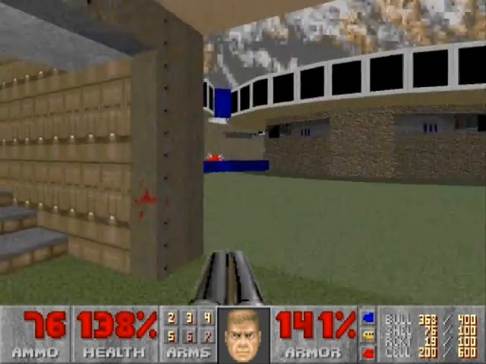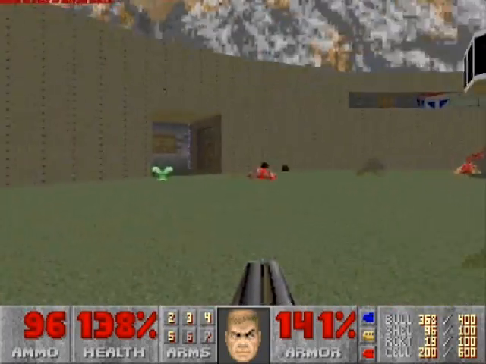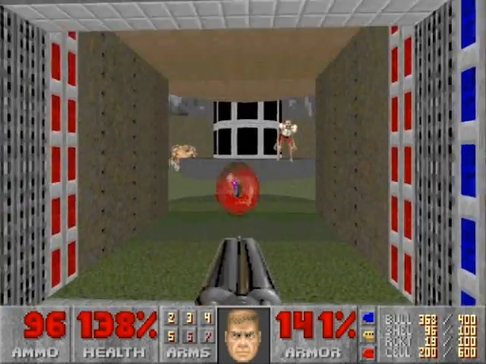Alright, we have the blue key. And you know, I could go for some shotgun shells right now. Ah, perfect. Here's a box of them right now. Here's the blue door, so...